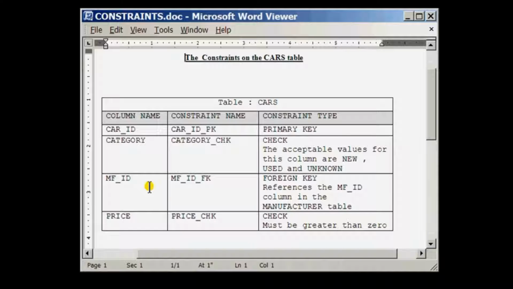The third column on which we would create a constraint is mf_id. We would be creating a foreign key constraint on this column that would reference the manufacturer table's mf_id column. Now, the manufacturer table is an existing table in which the mf_id column is its primary key. The name of this constraint would be mf_id_fk. Finally, we will be creating a constraint on the price column, which would be a check constraint that would